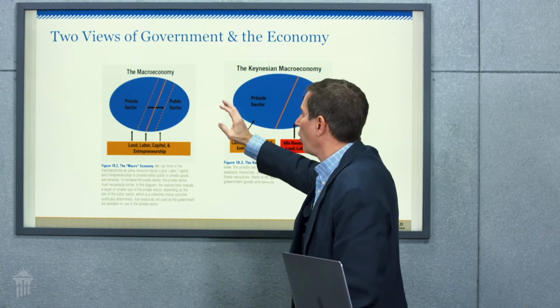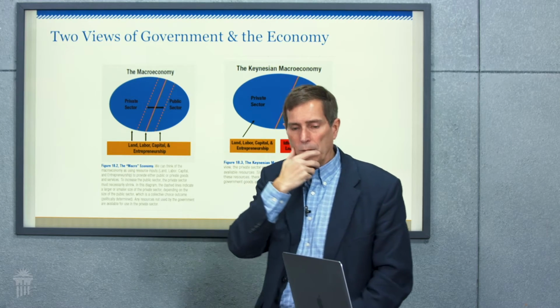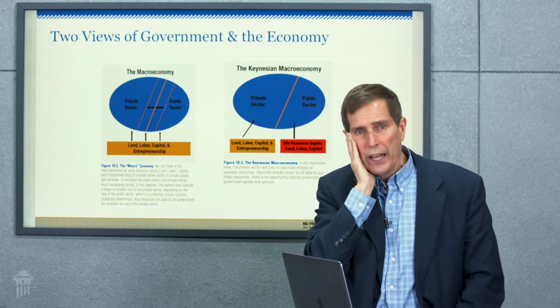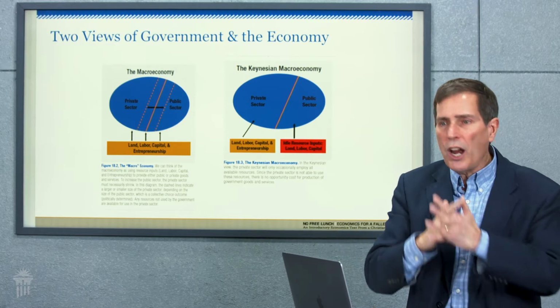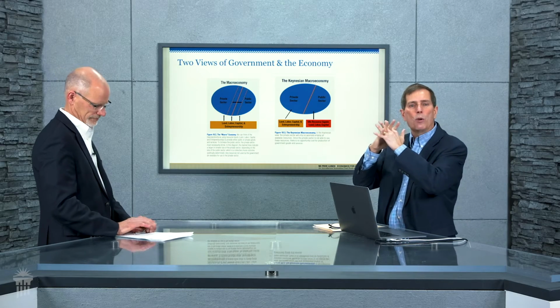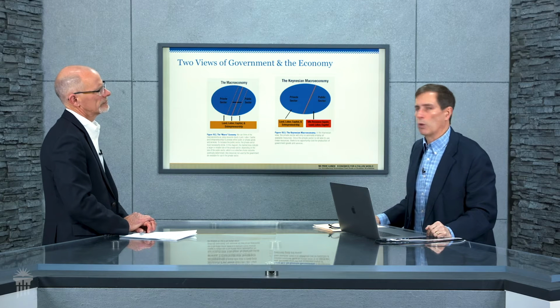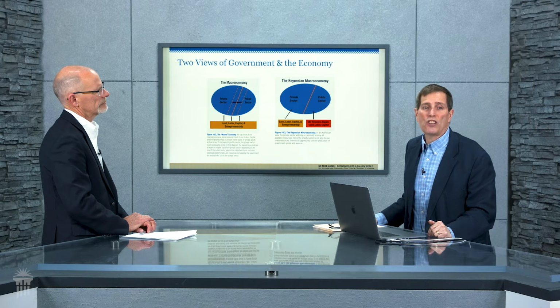But nevertheless, this is the way we thought about it. For the government to spend more, the private sector could spend less. And the Keynesian world says, no, there's something different about this. That when you have a price adjustment and everything, you're going to get market clearing, and you're going to always have this kind of equilibrium focus. And Keynes says, this isn't the way the world really works. In fact, you can have underemployment equilibrium, and you can be stuck there. And what you need in that kind of case is the government to come in and spend.